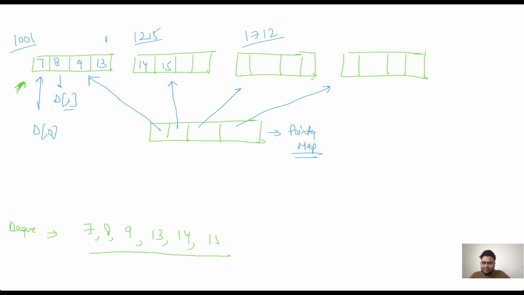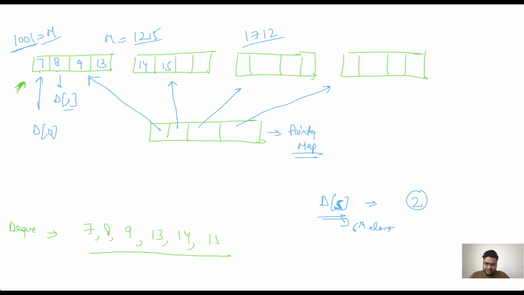They could be at different memory locations. But the thing here is we are keeping track of each of these memory locations, right? So suppose I get a call of D of 5, let's suppose. How will I get D of 5? The first chunk will have gone to memory location 1001, so I will skip this block, right? How many elements are remaining? I have 2 more elements remaining because it needs the 6th element.